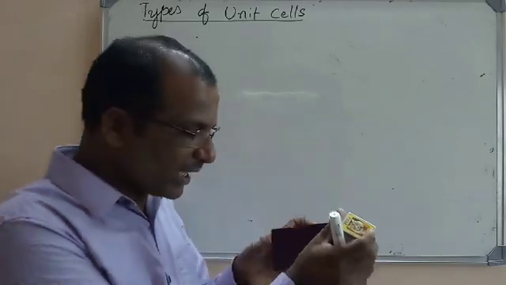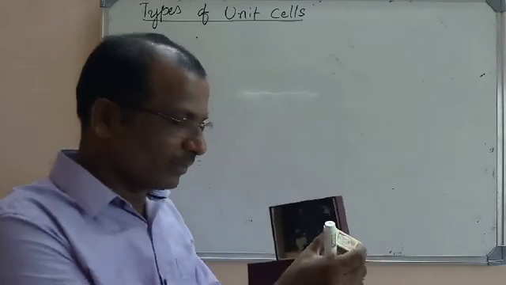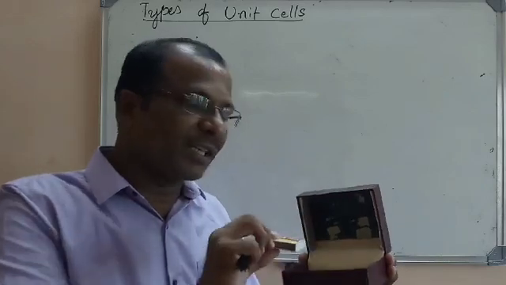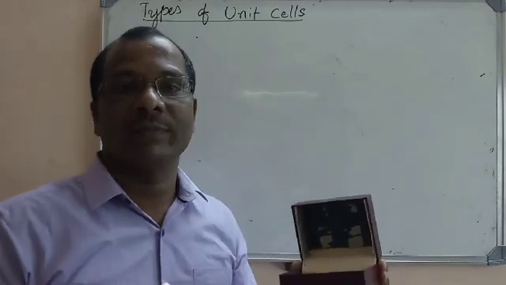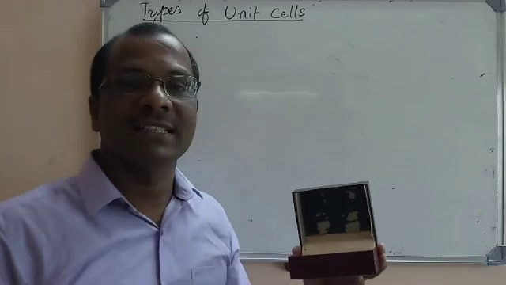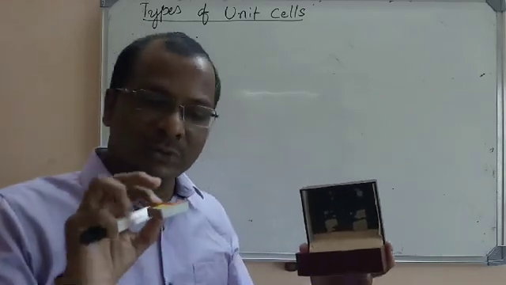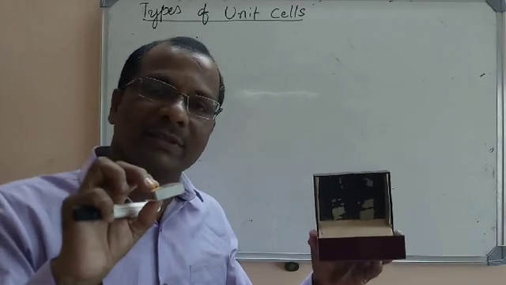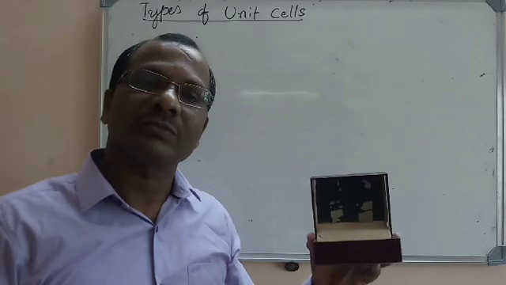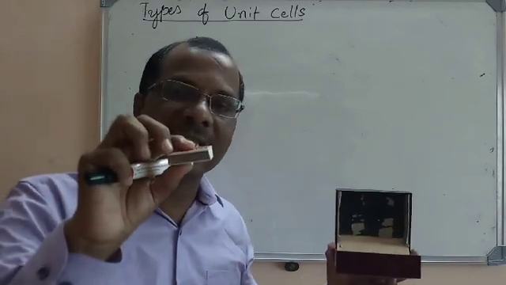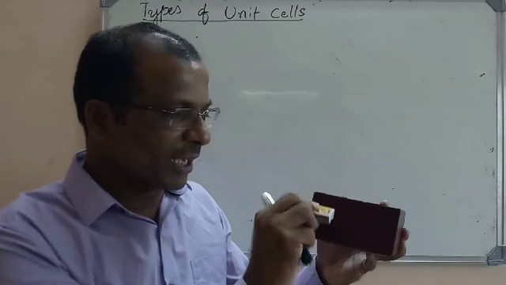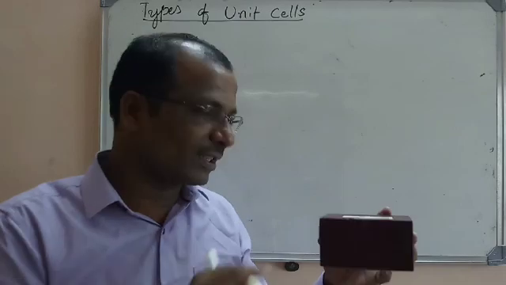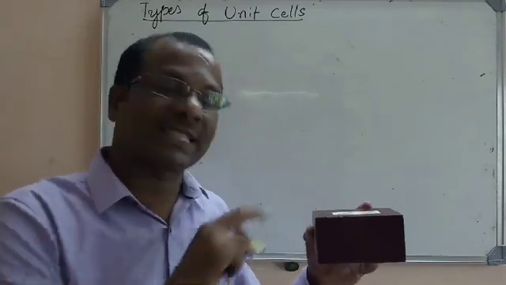So now when you stack these unit cells several times, that means a number of such matchboxes are repeated in all the directions, you are going to get this box. This box is a crystal lattice, but this is a unit cell. Unit cell and crystal lattice look alike, but the only thing is the unit cell will be repeated several times to get the crystal lattice. For example, if you stack the matchboxes, you will get this shape. Several matchboxes are taken. If you arrange those matchboxes in the x direction, y direction and z direction, you are getting this box, nothing but the crystal lattice.